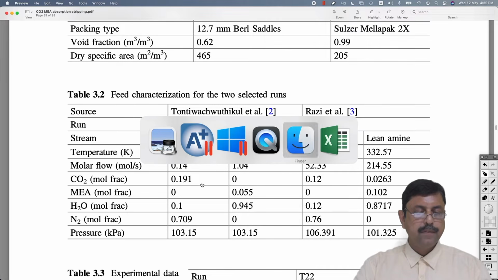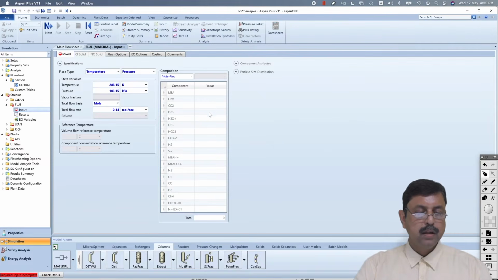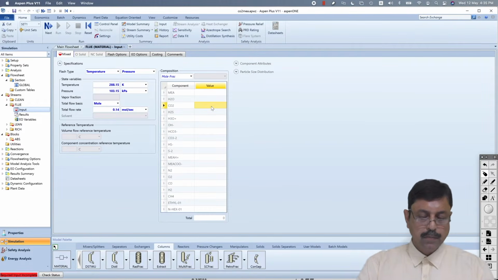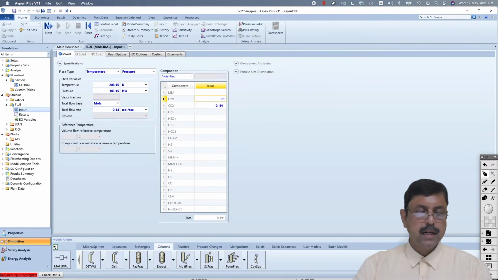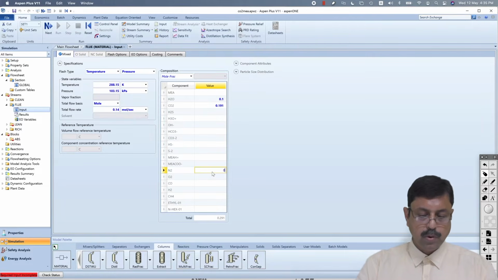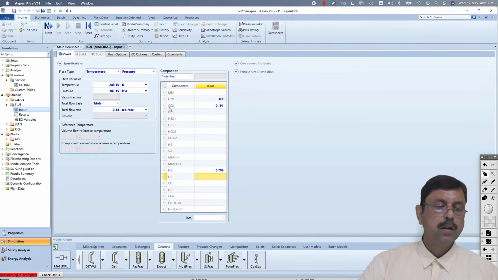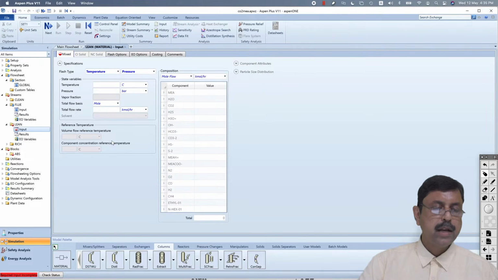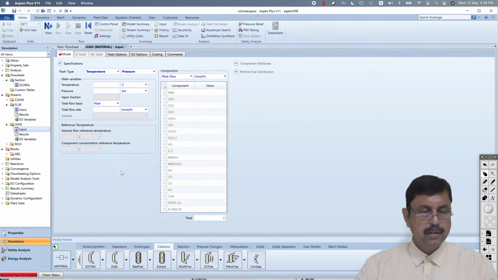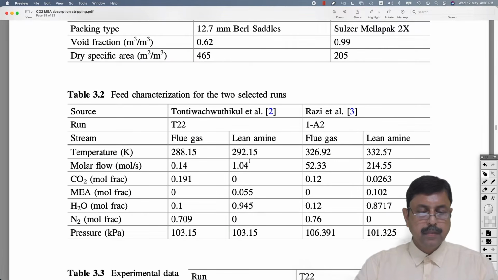So we have 0.191, 0.1, and N2 0.709. Total 1. So flue gas done. Then it will ask for lean amine. Yes. Lean amine, it is